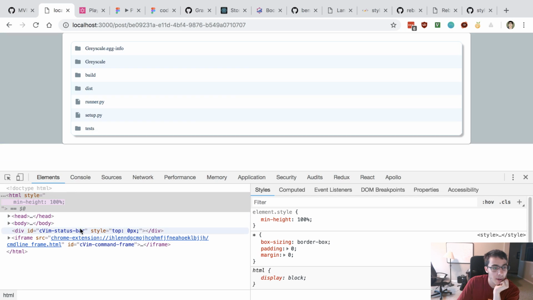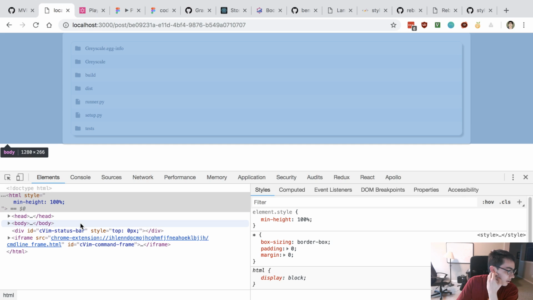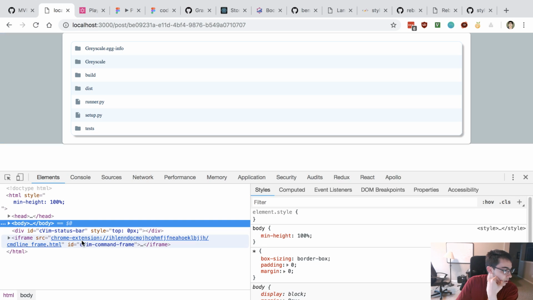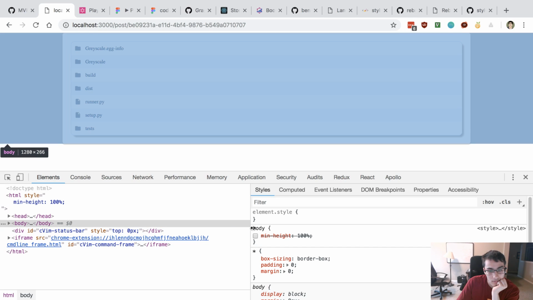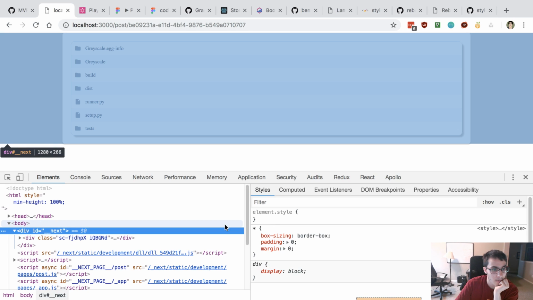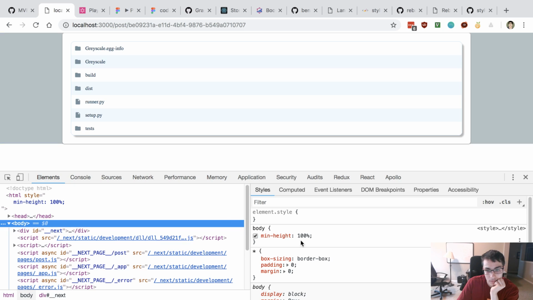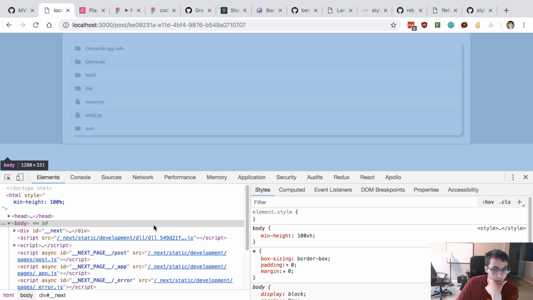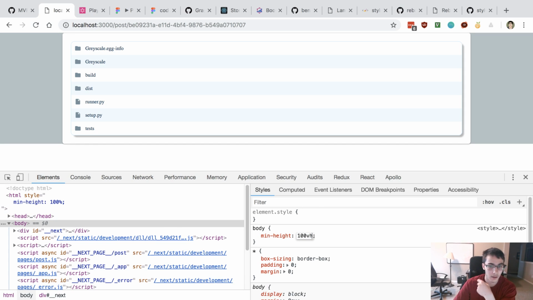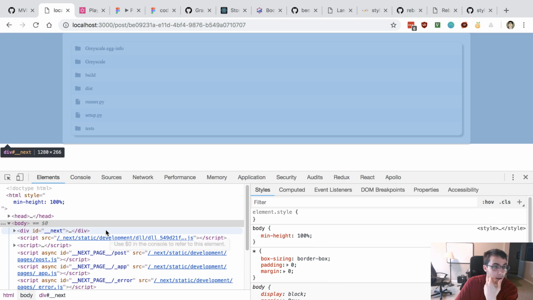Okay, so we need the min height on the HTML as well. Interestingly enough, min height on the body does nothing. All right, 100 view height works on the body. Yeah, the 100 view height worked.